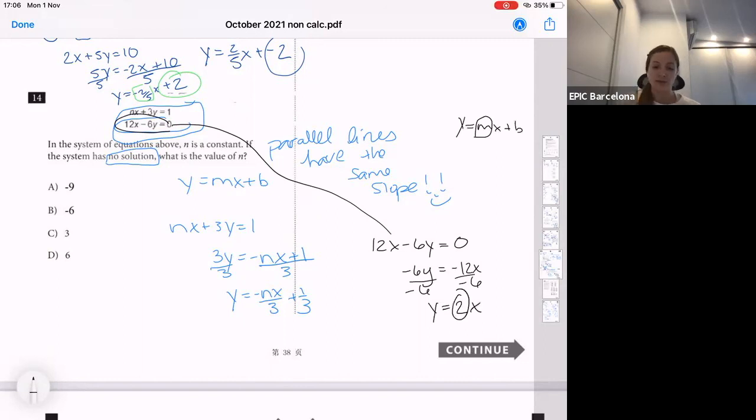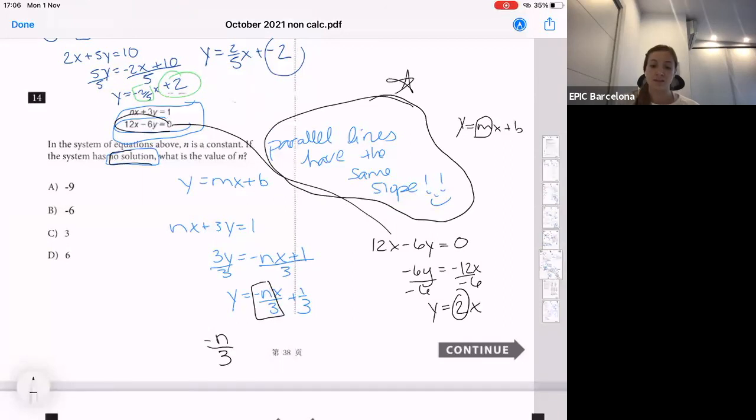If I know the system has no solution, it means the lines are parallel. So I know that this slope, which is -n over 3, and the other slope are going to be the same. Remember, parallel lines have the same slope. SAT loves testing this theory. So I'm going to do -n divided by 3 is equal to 2. Cross multiply, and you'll get that -n is equal to